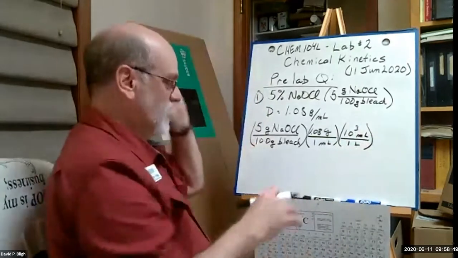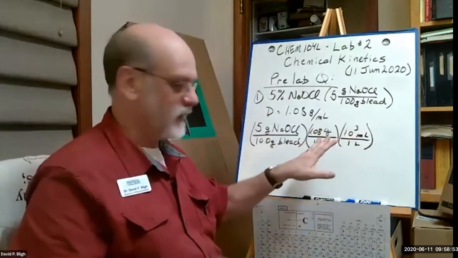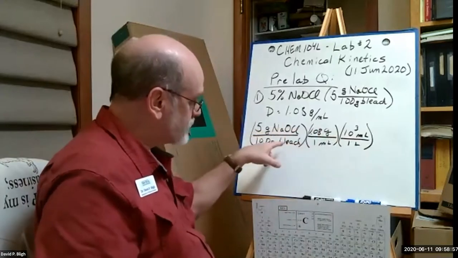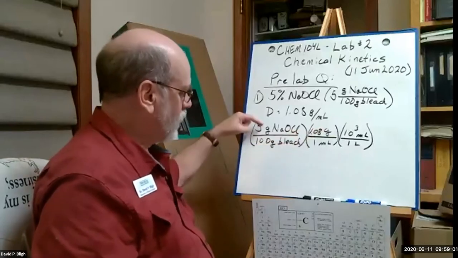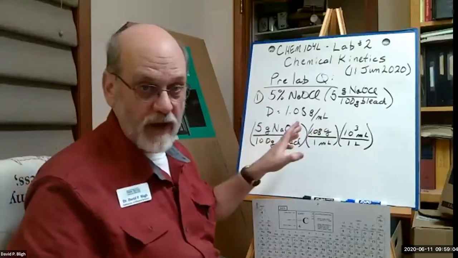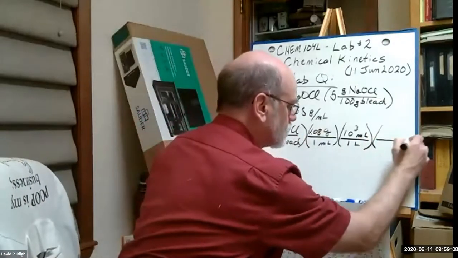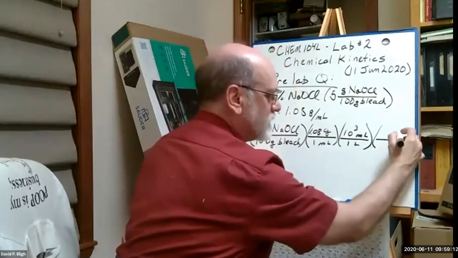There we go. Now we got our liters for molarity. We're good there. Now we need to convert grams of sodium hypochlorite. This is different grams. This is grams of bleach. The grams here is grams of sodium hypochlorite, right? So don't get those two confused. We need to convert grams of sodium hypochlorite to moles,